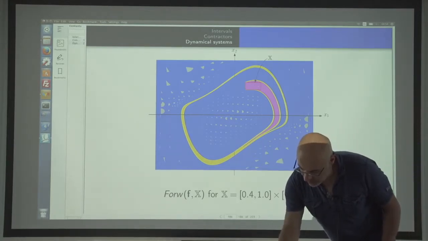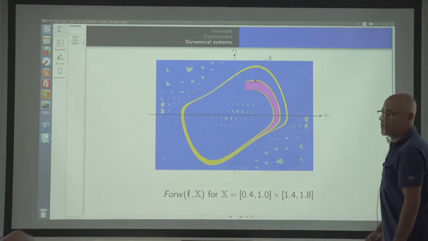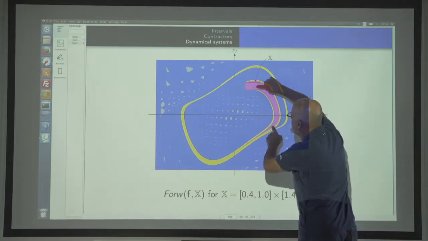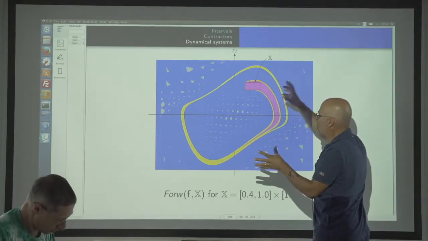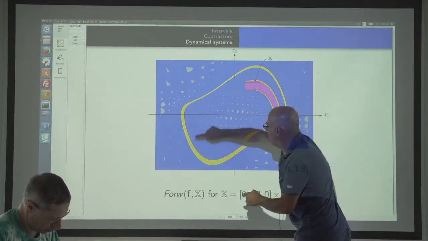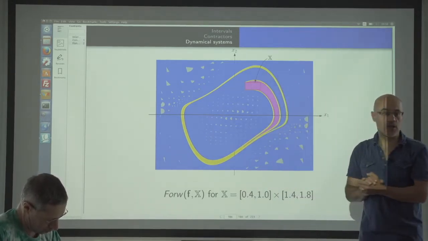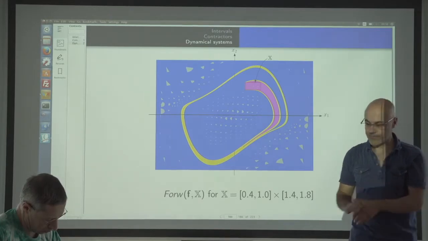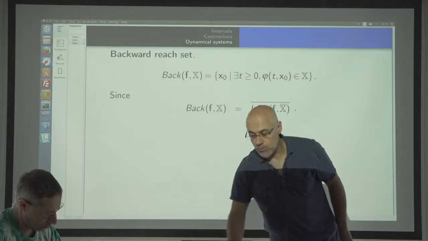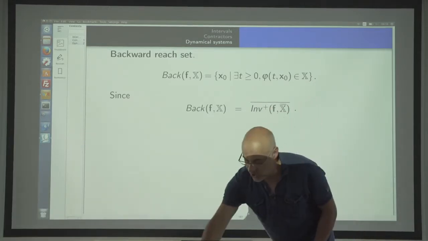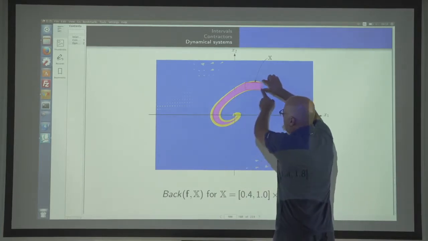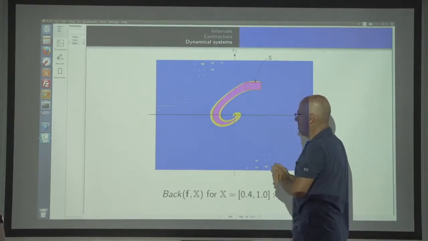Just an explanation I showed yesterday. Here you have a notion of forward reach set. If my state is here, I am able to compute, using invariant tools, that the future will be inside, with an inner and an outer approximation. I have also the backward reach set, which corresponds to all points that will reach my box in the future.